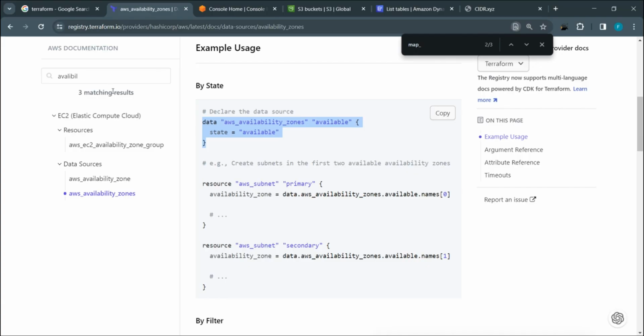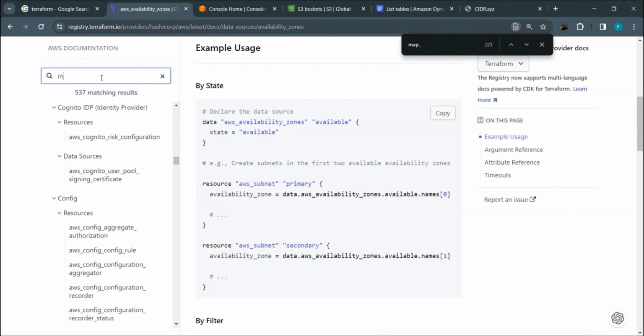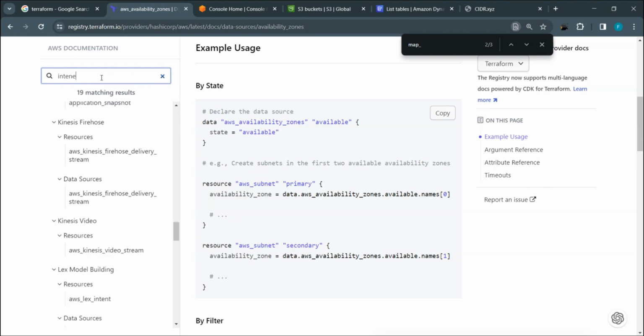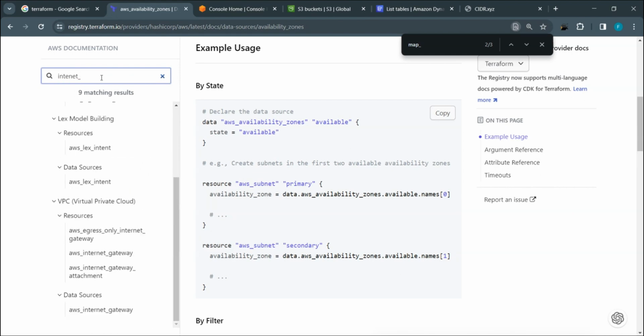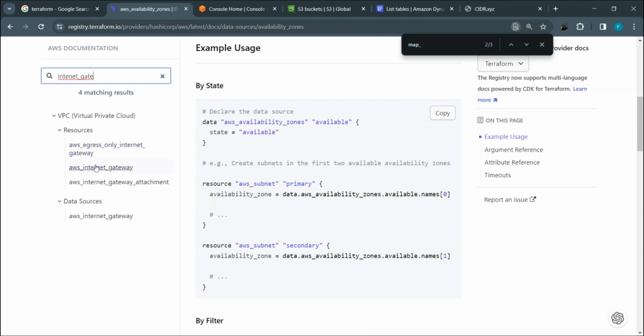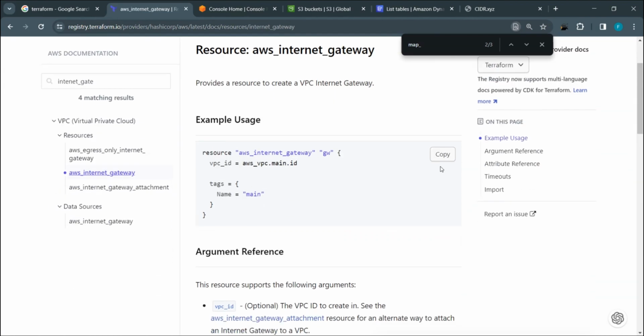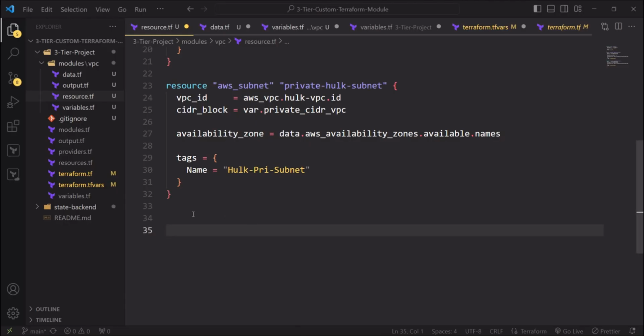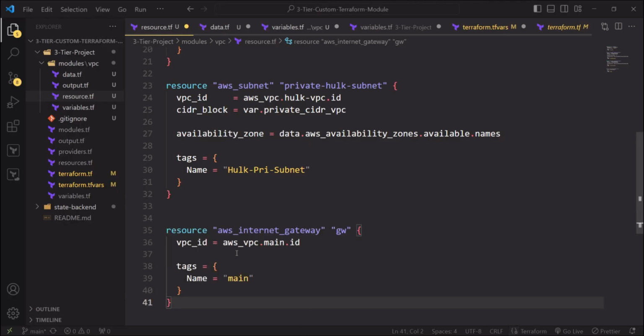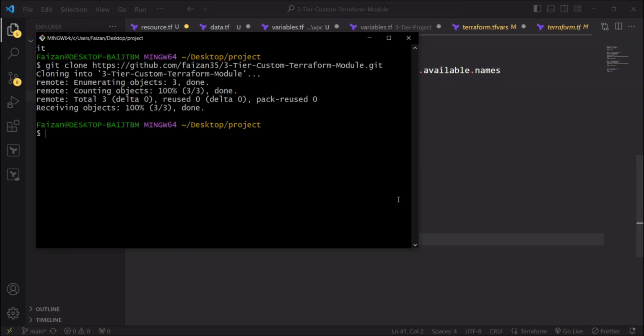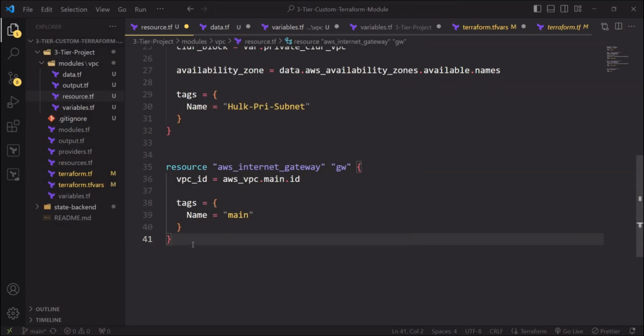And yes, next we'll need an internet gateway. Let's find internet gateway. Okay, yes, this one, we'll take this one. Let's paste it here, and now oops. Okay,